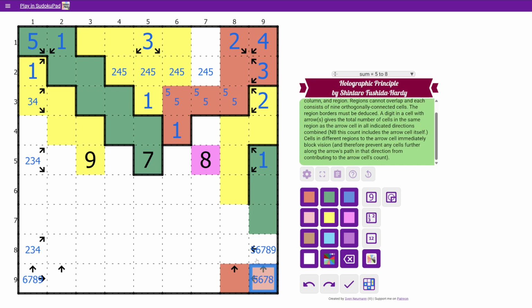And therefore, now we know that no colors that are currently here will reach. So this is our last region, and we will make that blue,